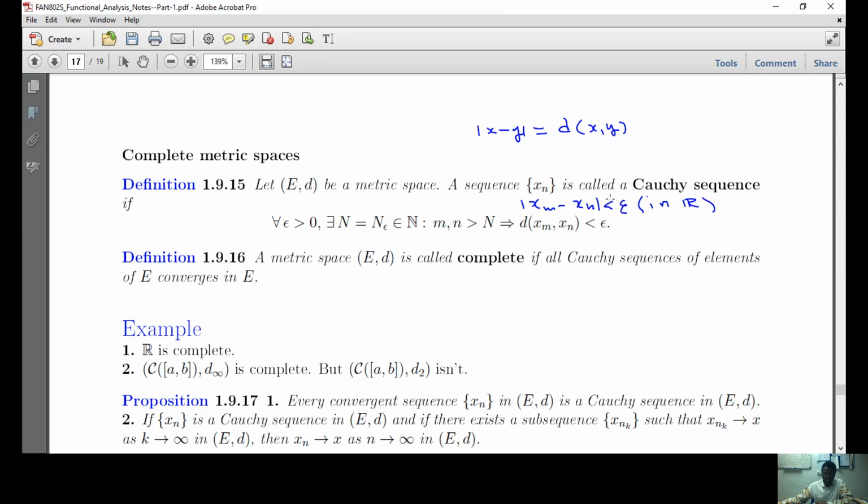A sequence xn is called a Cauchy sequence if for any epsilon positive, you can find a rank N such that for any m, n greater than N, the distance from xm to xn is less than epsilon. So that's exactly similar to what you wrote in R, right? In real analysis, you just